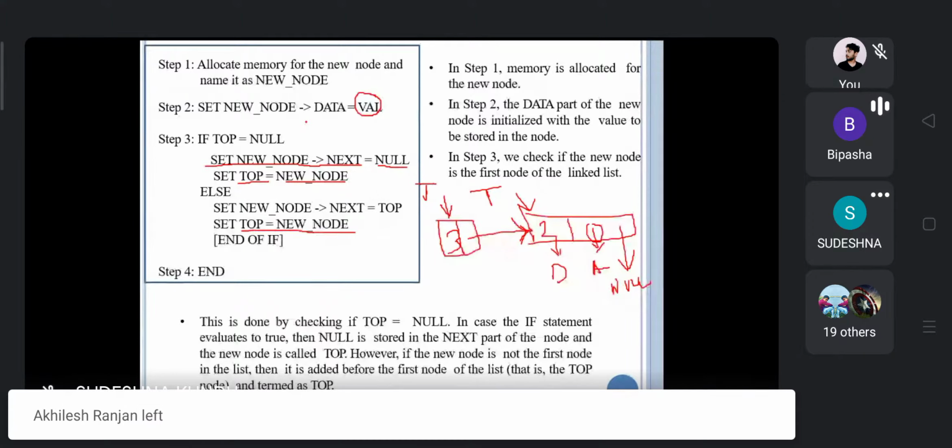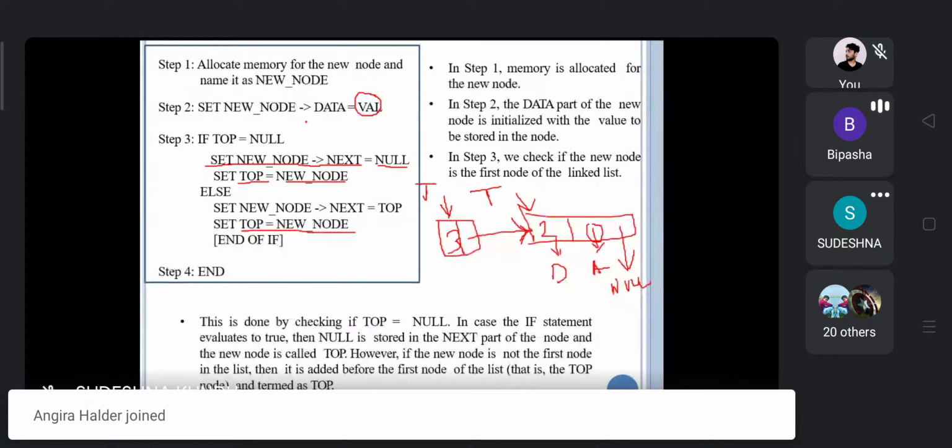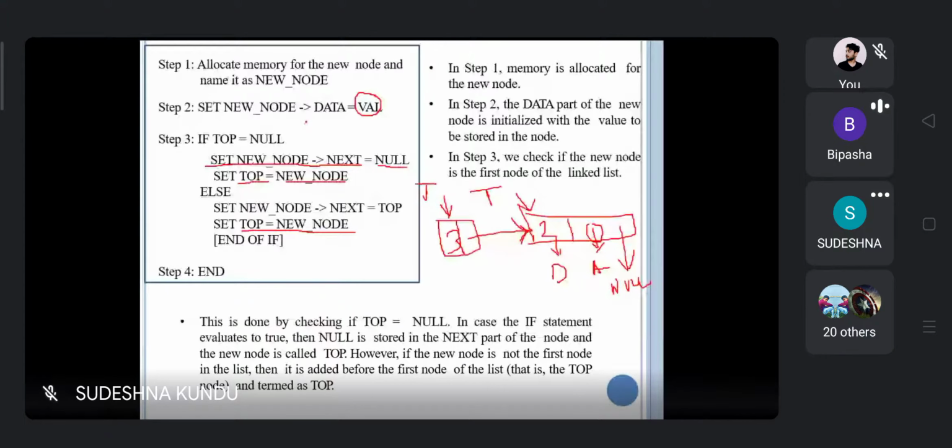Sahil, every time whenever you are creating the node, for the first time you need to check if the top is null. In the normal linked list program you assign the start equal to null, but when you implement a stack using a linked list, you need to initialize the top equal to null.